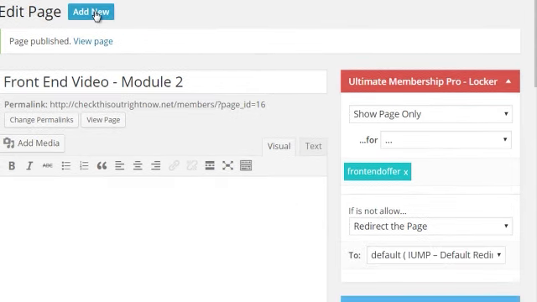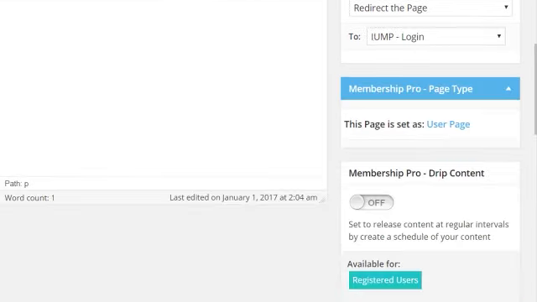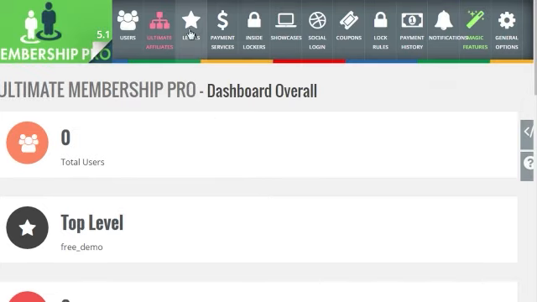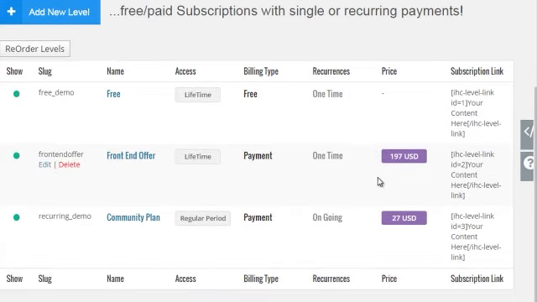Now let's say we want to create a piece of content on the front end, and we want to make it so that visitors can actually see the free content, but then paid members can see the paid content. So if we go back over here and we go back to the plugin itself and we go to levels, you'll notice that we have the front end offer and then the free. All right, so